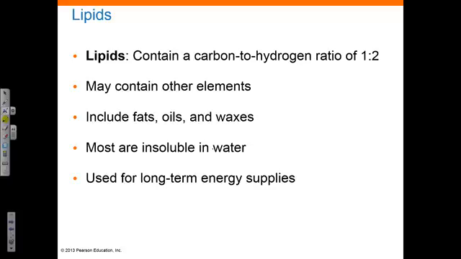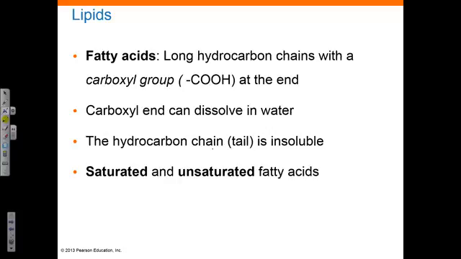Lipids are useful to the body in several ways, including providing long-term energy supplies in the form of fat deposits, and also in forming important structures and features of the cells. Fatty acids are long hydrocarbon chains with carboxyl groups attached at the end. Our carboxyl group is often denoted as a COOH group, sometimes also seen as this. The carboxyl group at the end can readily dissolve in water, whereas the hydrocarbon chain of a fatty acid, the tail of the molecule,